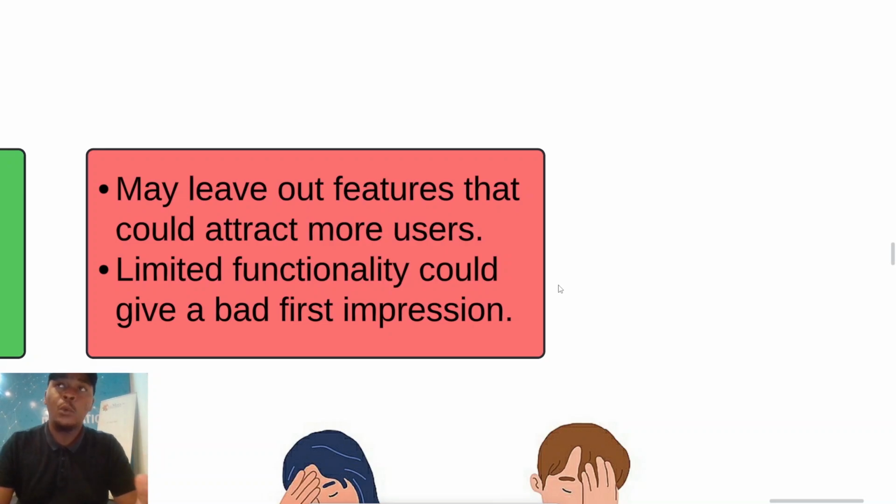But now, one thing that you also need to look at is that you may leave out the features that could actually attract the people. Maybe you say, I'm giving out feature 1, feature 2, feature 3 for these people to test because you assume this is what they may like. But in actual terms, you might find out that feature 4 and 5 should have been included instead of these two. They would have actually brought in more people because this is what resonates more with people. But because of assumptions or research or whichever data, you chose these ones,